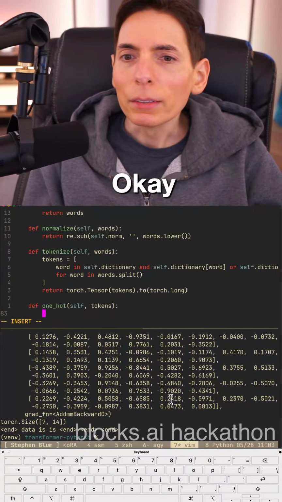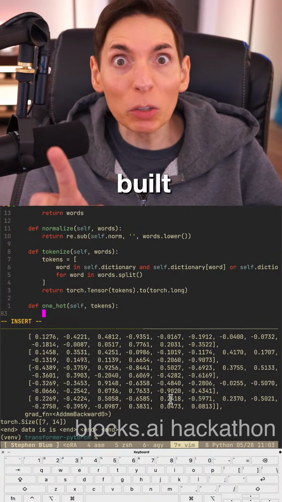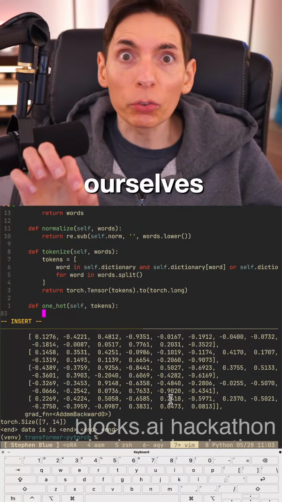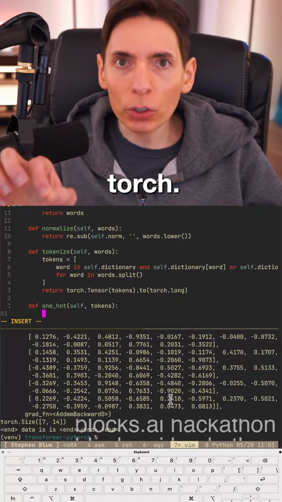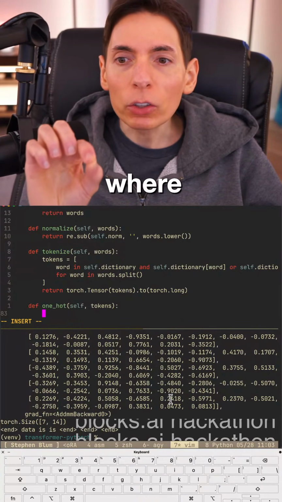Okay. Then I need to convert that into one hot. And I think Torch has a built-in one hot. We could build this ourselves. So basically we do torch.zeros, create all zeros, and then we update the index where the token is the value